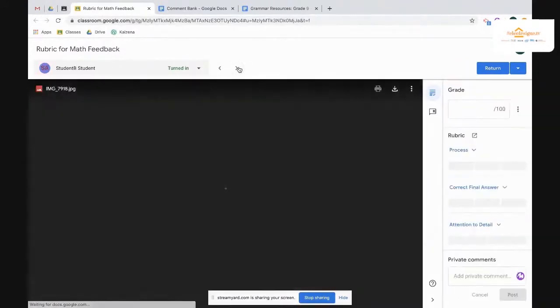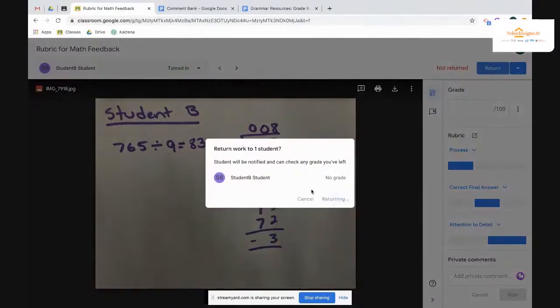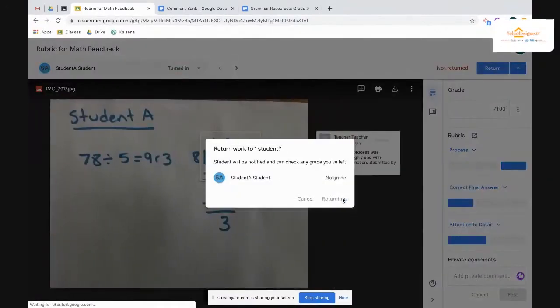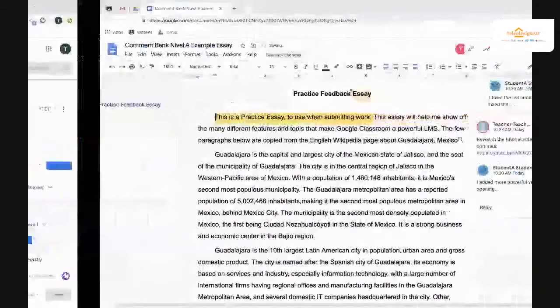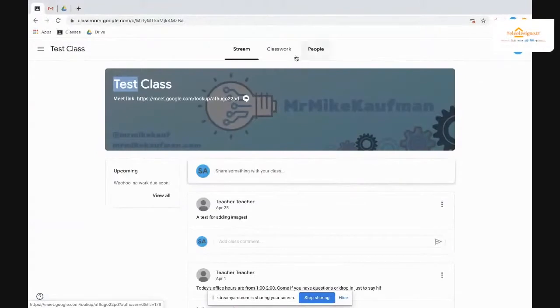I move on to the next one. Okay, very good, whatever it is. Process was out of order, correct answer was wrong because process was wrong, but they had good attention to detail. There we go, 3 clicks. I'm gonna then move on to the next student and return it, okay? So again, using rubrics here in a slightly different way. And then let's pop over to the student view just so you can see what it looks like from a student's perspective. So you can open up their assignment,